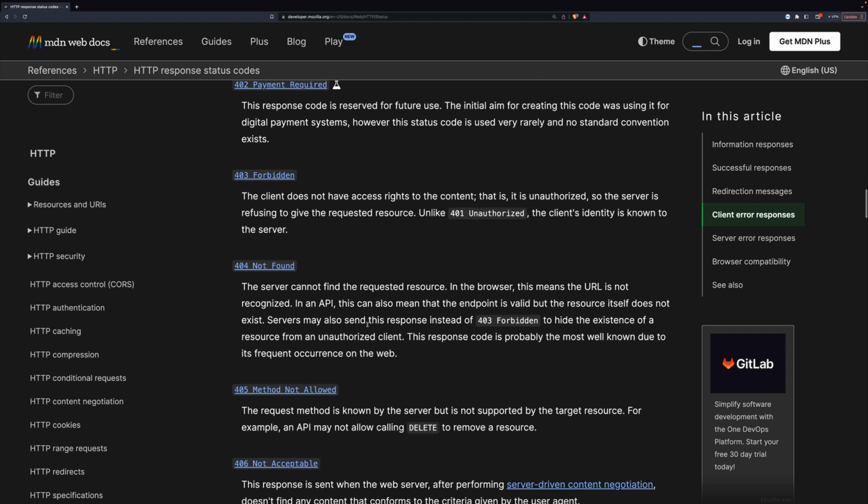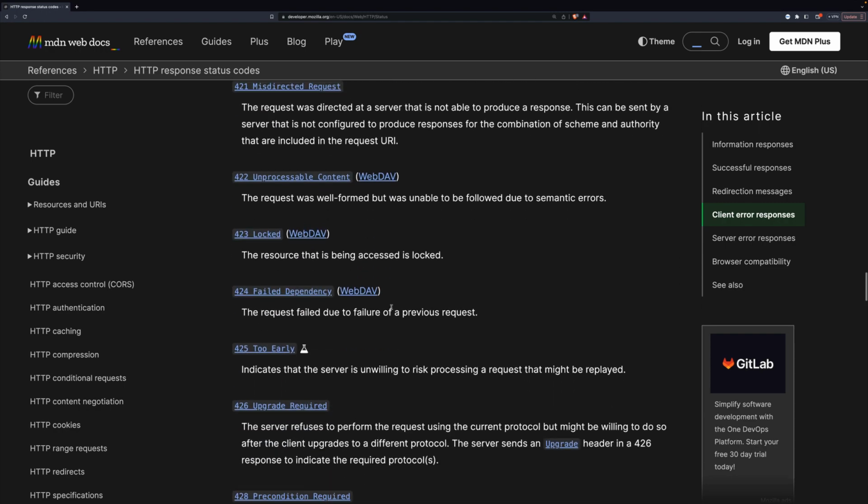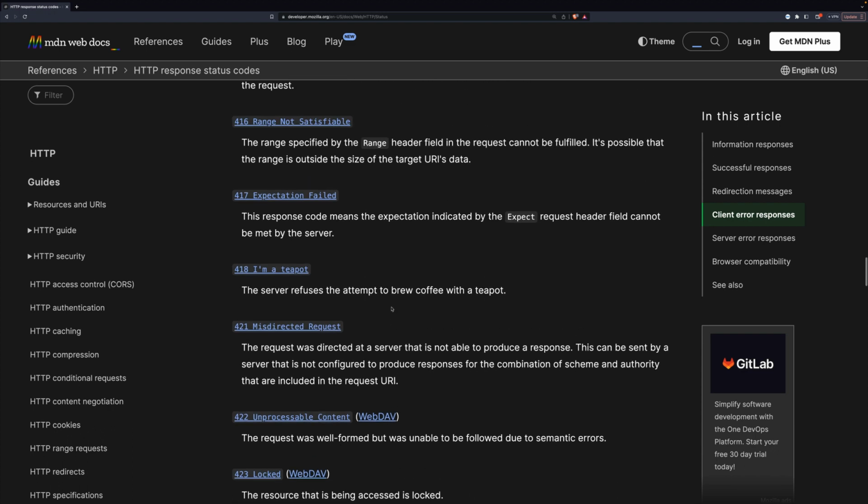And the infamous 404. Everyone knows the 404 not found. That's when you're looking for a page and it's just gone now. And it's so common that people make clever videos and have fancy pages just for that. We'll skip the rest of the 400s, but I recommend reading through them.